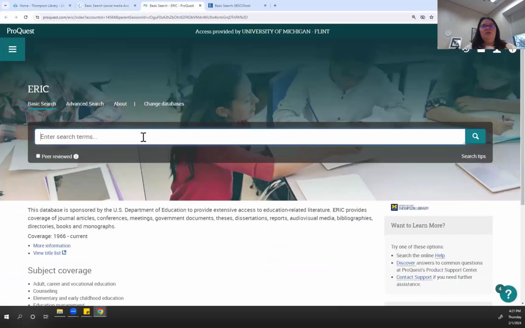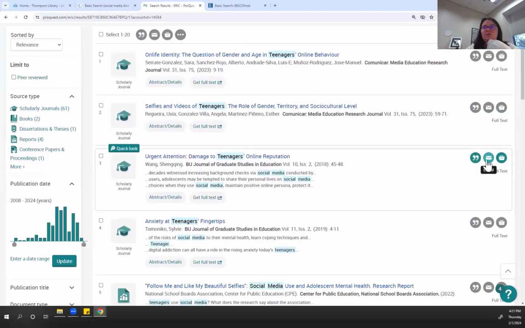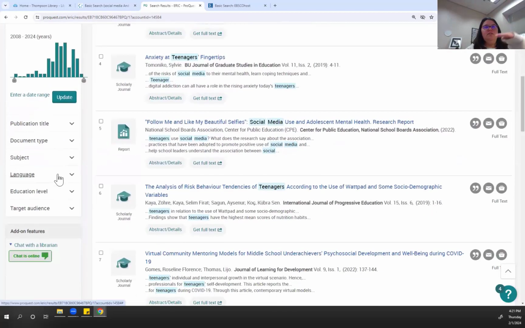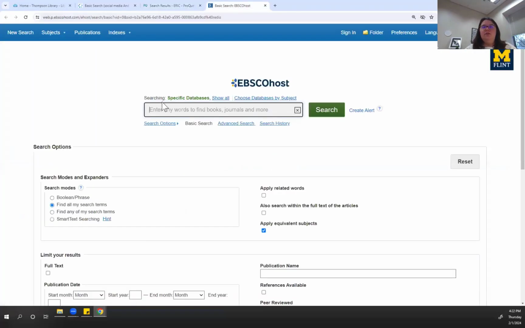Whereas something with like Eric, again, pretty similar search box here, but again, those filters are here. You're going to see some of these different tools that you can use to actually save and access these items. The filters are going to be a little bit different. So you see things like education level, because this is for education majors, for example, in addition to things like publication, document type, subject. And again, even if we go into psych info and do a really basic search,